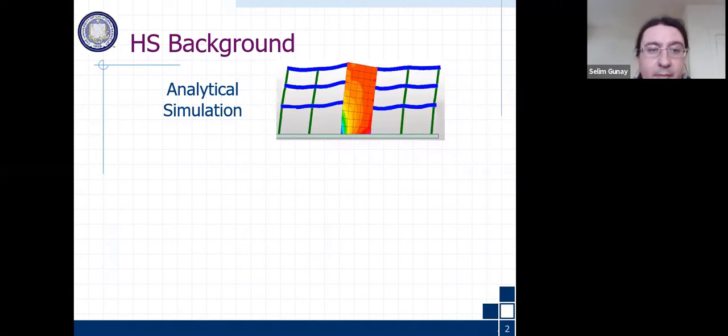There have been a lot of developments over the last 50 years or so, and a lot of uses. To explain the method, we see a structure that consists of beams, columns,